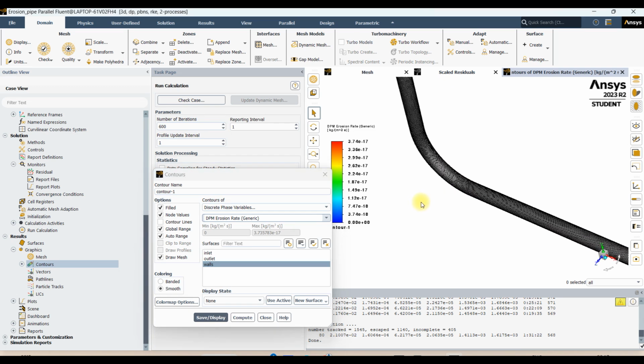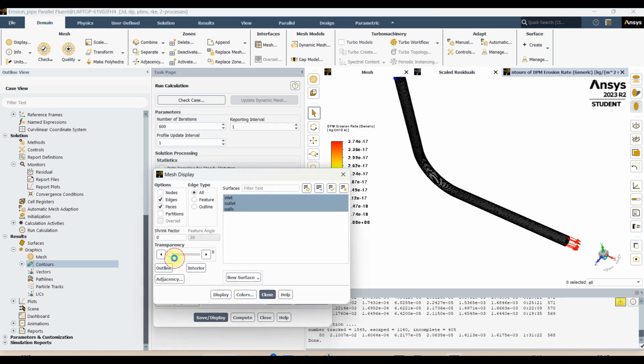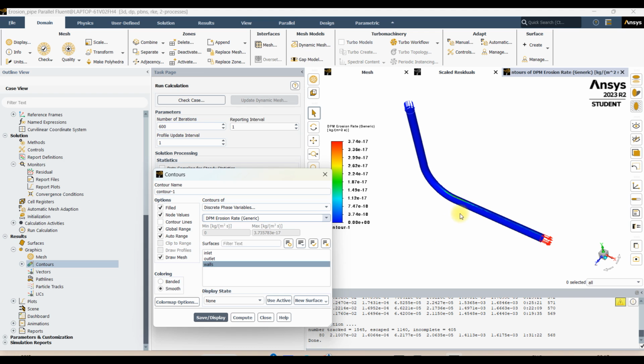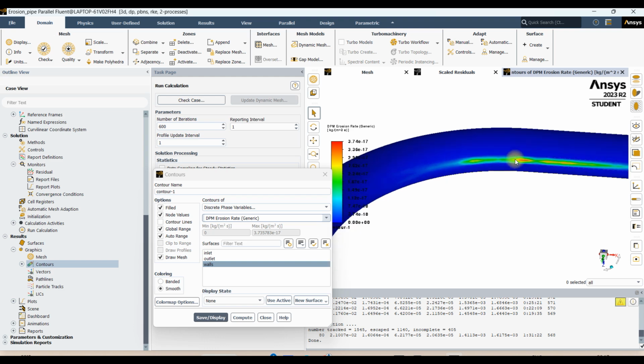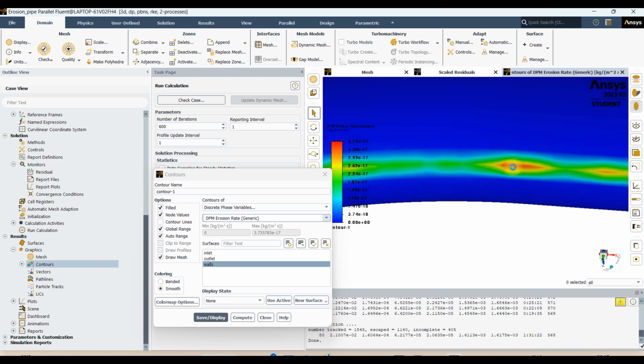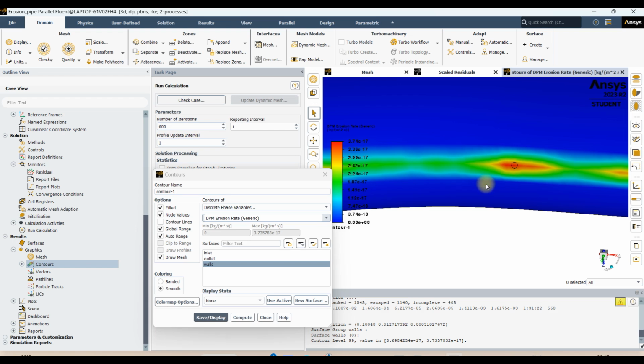This way you can model the erosion rate. And that means this particle is causing the erosion rate at this surface. We can see the erosion rate is high this way, and this is always measured in kg per meter square per second. If you want to convert erosion rate into mm per year,